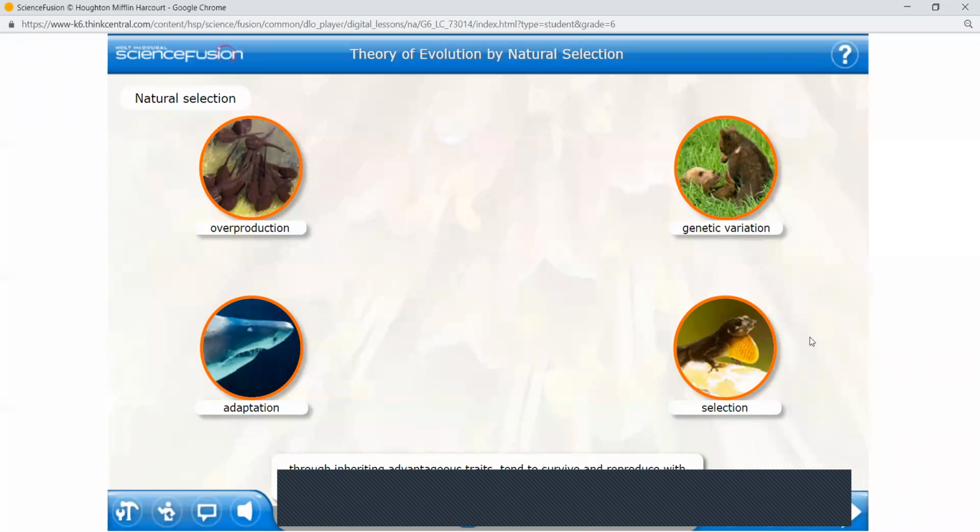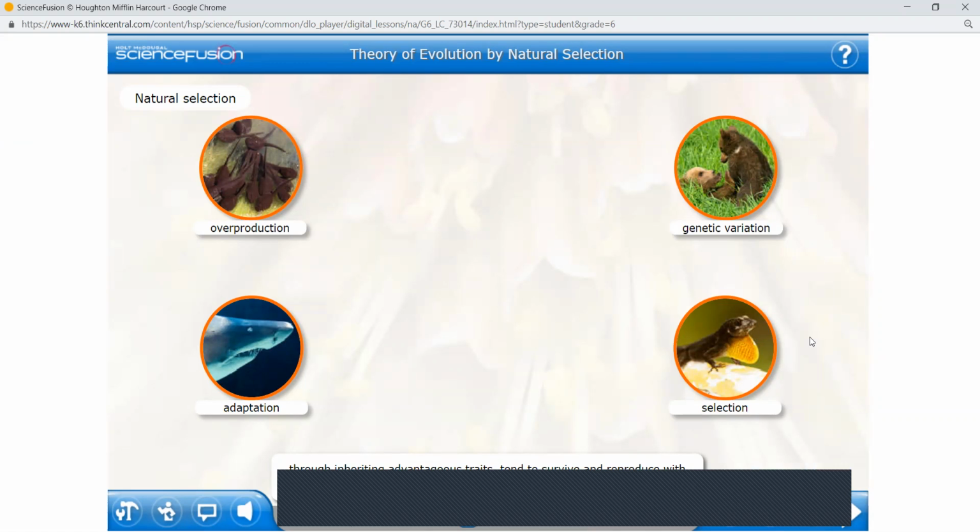So, girls, we will continue our lesson, the theory of evolution by natural selection. I told you that we spoke about so many scientists yesterday, and how they were searching to know about different kinds of species, and what the changes are, and the meaning of evolution. I told you how species change with time and what scientists observe to know those changes. That is evolution.